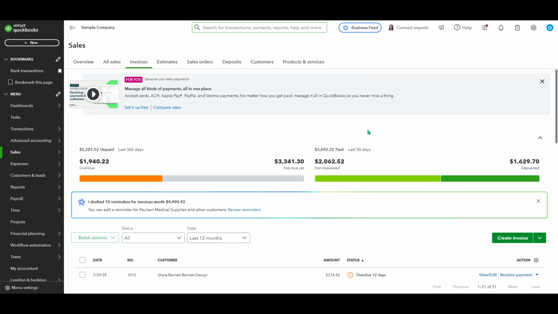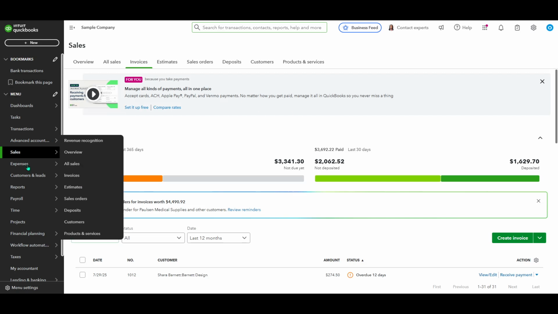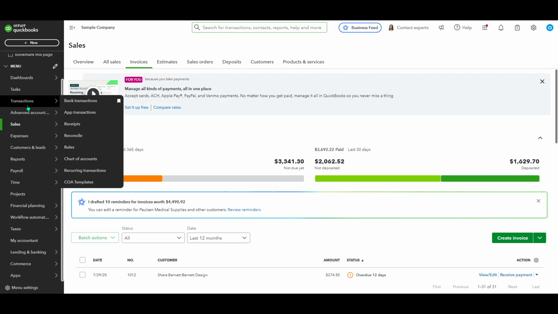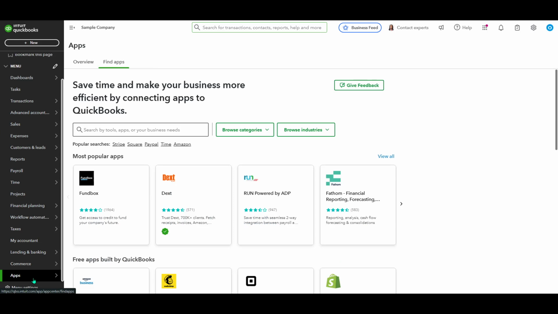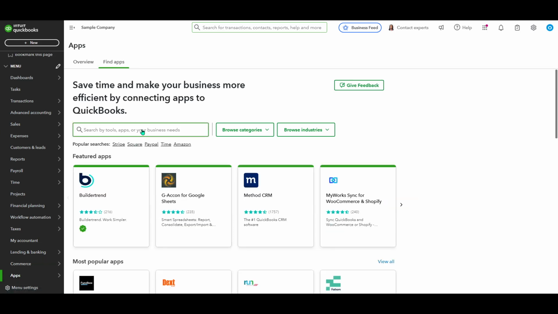First, you'll want to direct your attention to the left panel of your QuickBooks Online dashboard. Here, you'll find an option labeled Apps. Go ahead and click on it. This area of QuickBooks is essentially the gateway to integrating various applications that can enhance the functionality of your QuickBooks